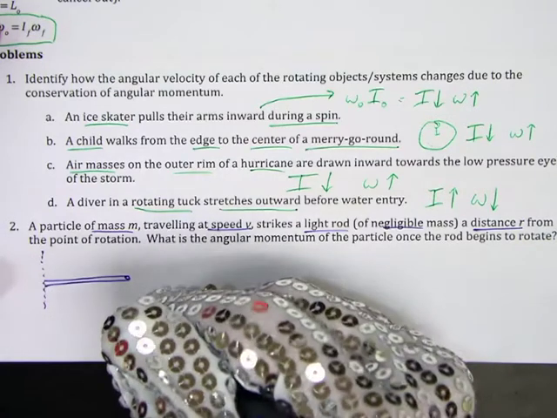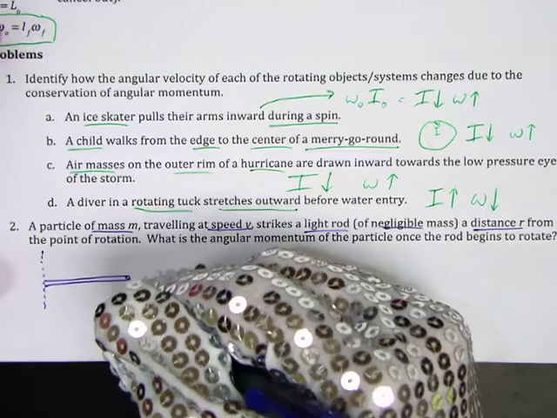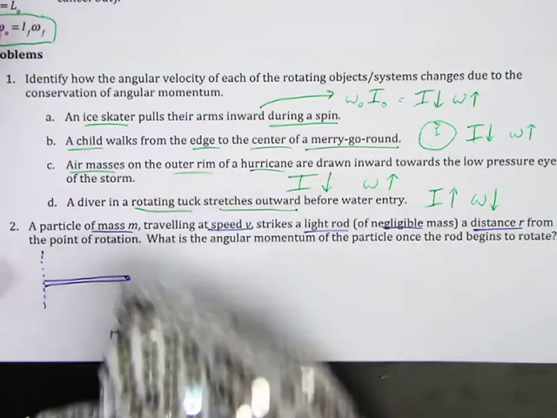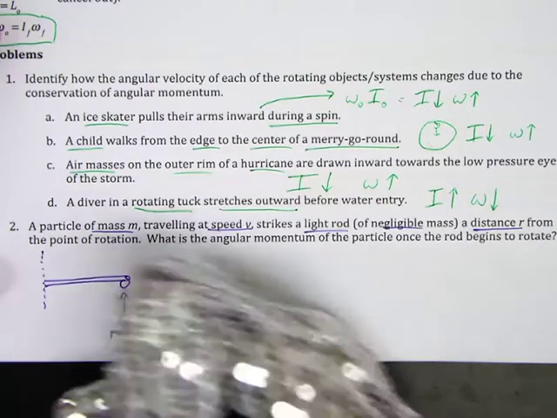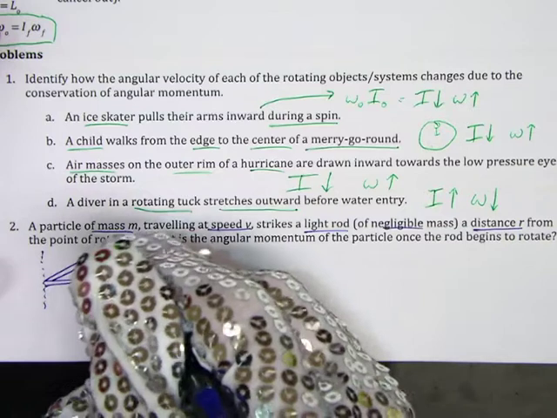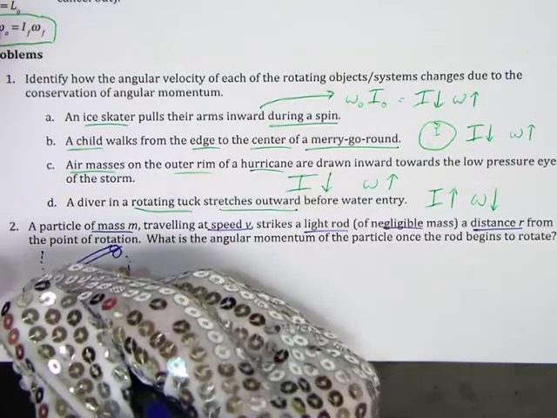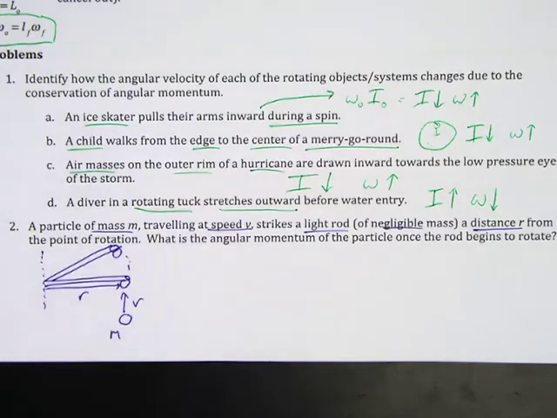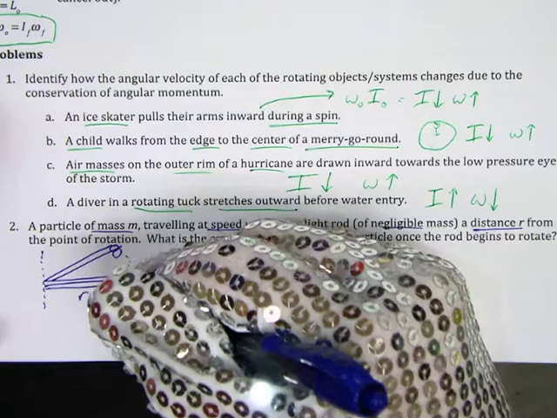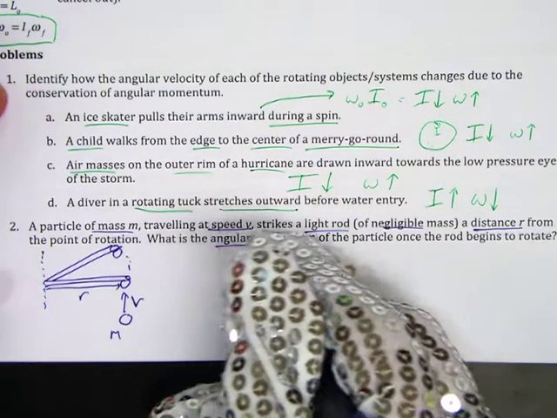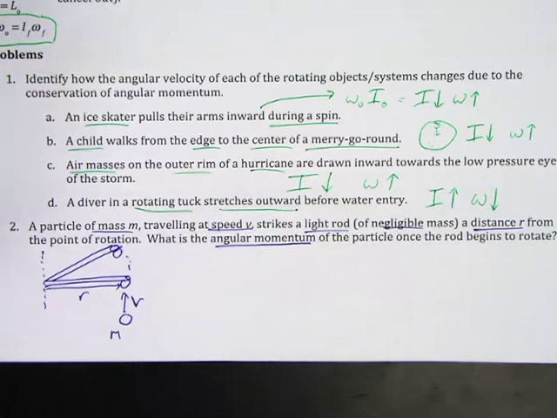And I have a mass traveling with some speed v, and it's going to strike this rod, and then that rod's going to be set into rotation, right, due to this initial momentum of the mass that's striking it. Now, the lever arm for this rotation is the vector r, and I apologize, my v's and r's begin to look the same. We want to know, once this object starts rotating, what's the angular momentum of the particle on